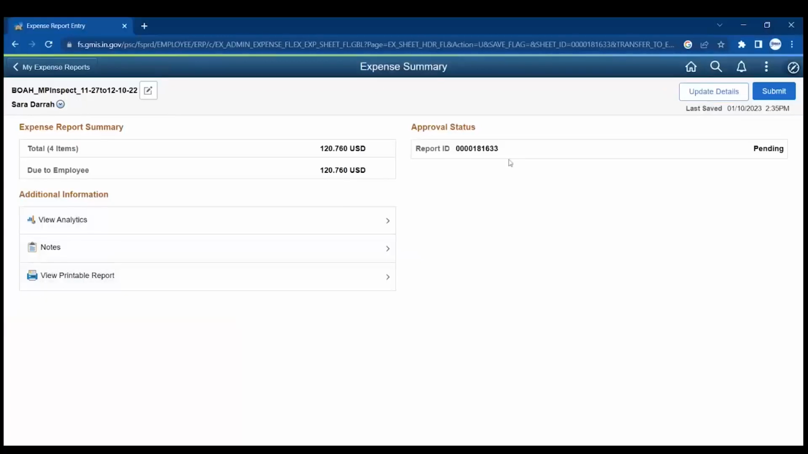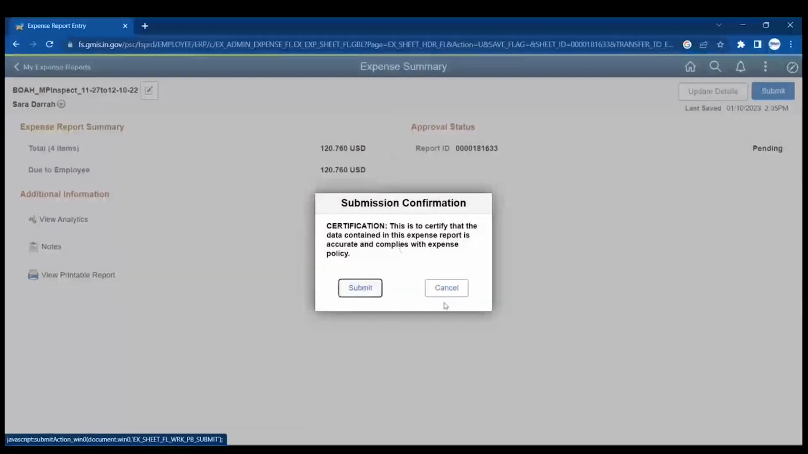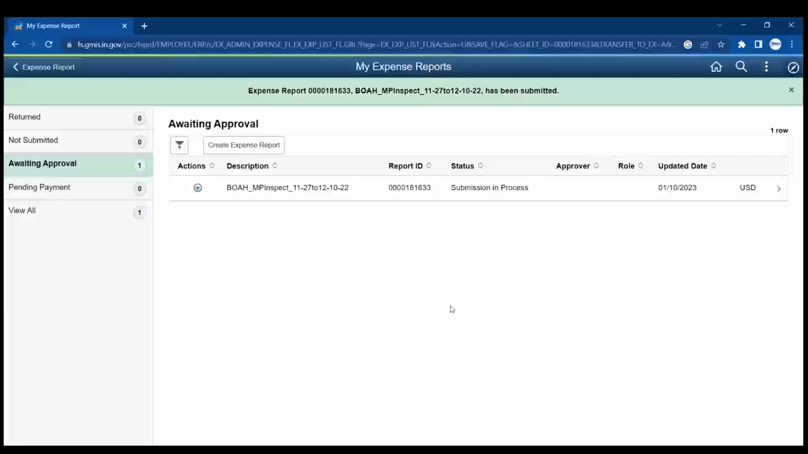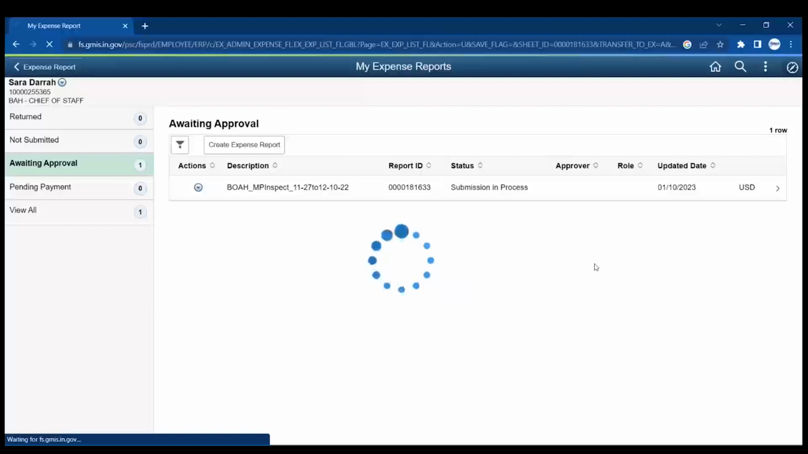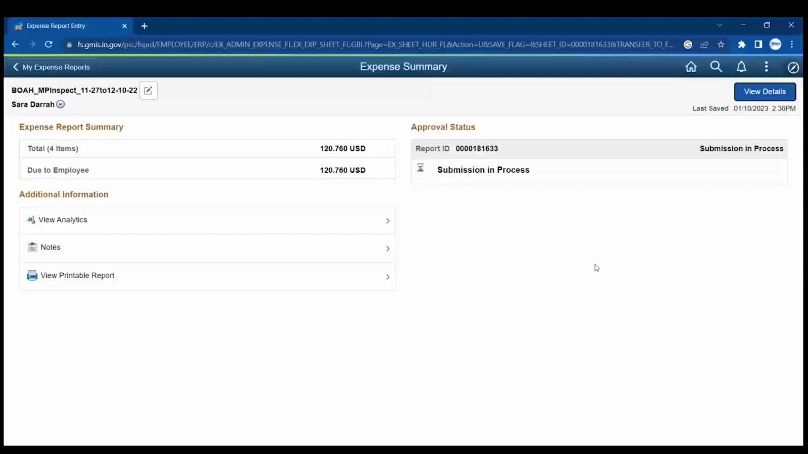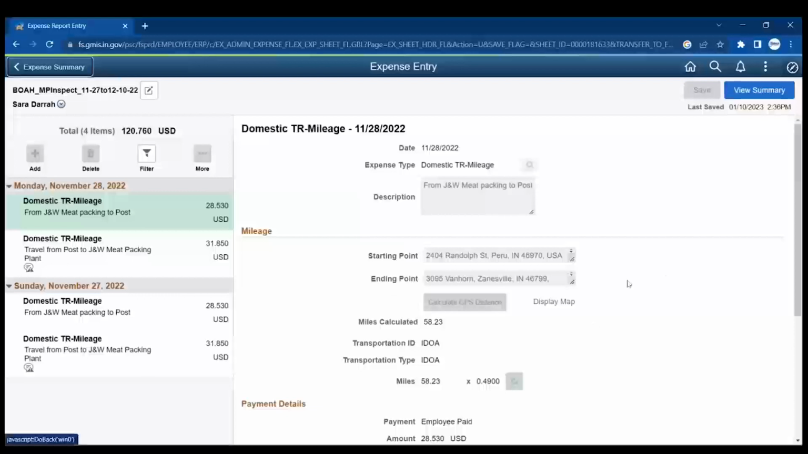You can take note of this report ID, because this is how you'll be able to find it again. So we'll go ahead and submit, and then you have to submit again. And then this one is out there ready to approve. See, there's all the information. So, okay, if we go back to home now,